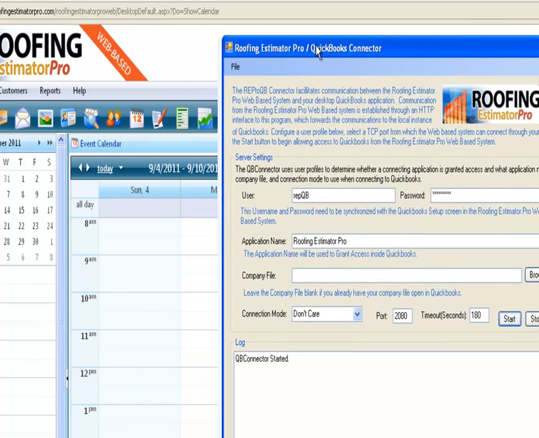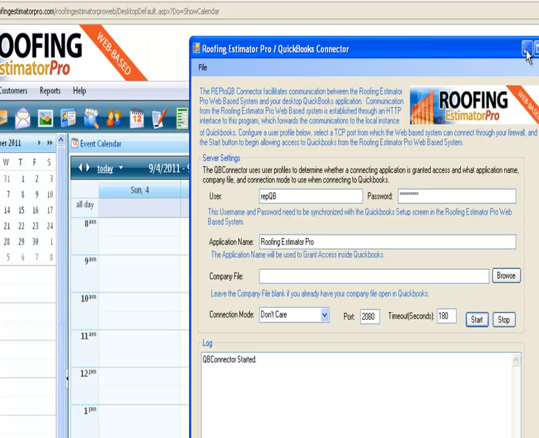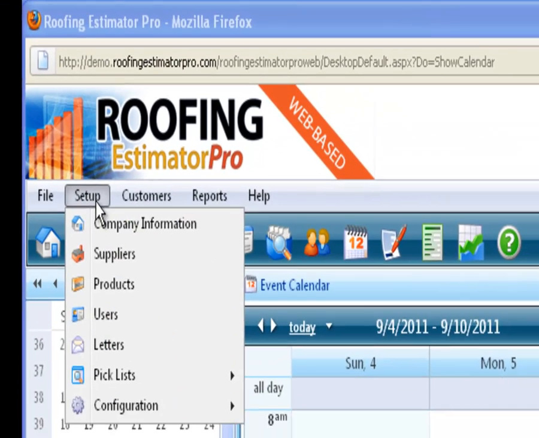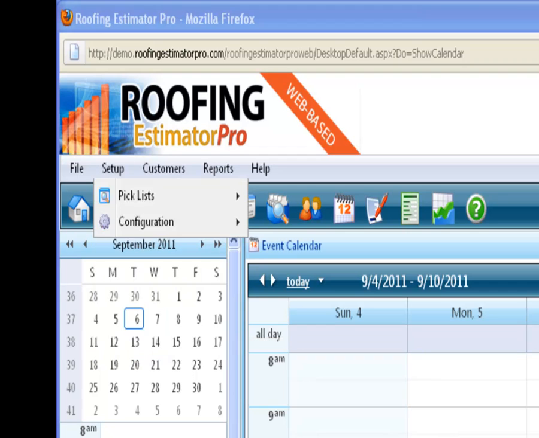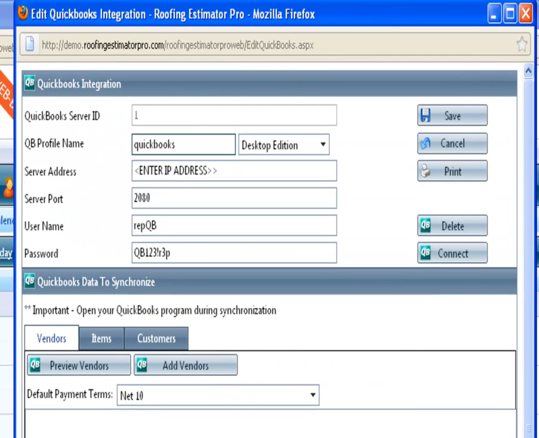So I'm going to move this right out of the way temporarily. I'll just move it down so we can get back to it afterwards. And we're going to go to the center in the QuickBooks integration. So here we go. Now your IP address, what you need to do is open a browser and type in